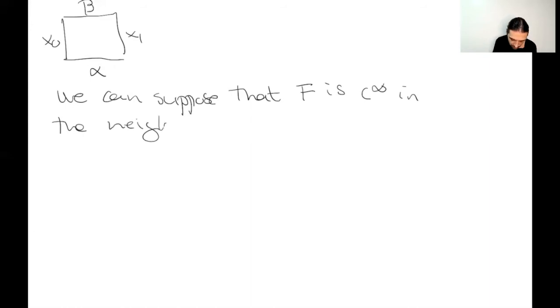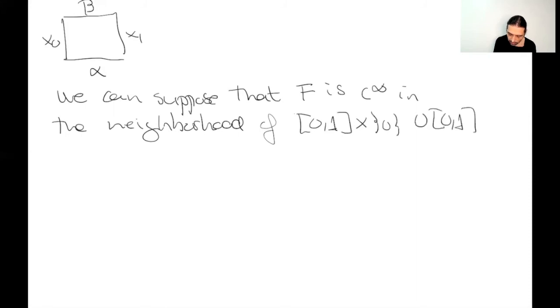Okay, in the neighborhood of [0,1] times {0} union [0,1] times {1}. That's not difficult. That's because something that we could do is